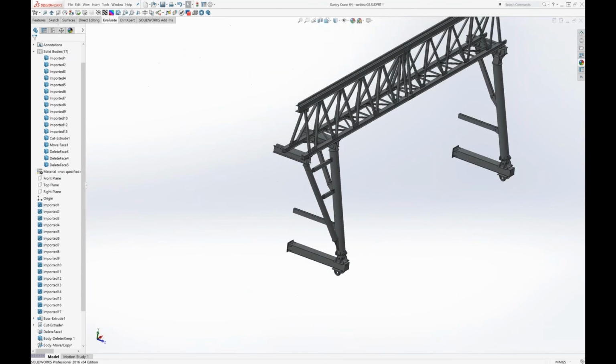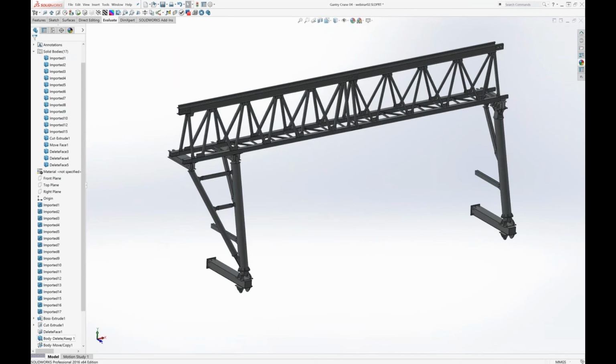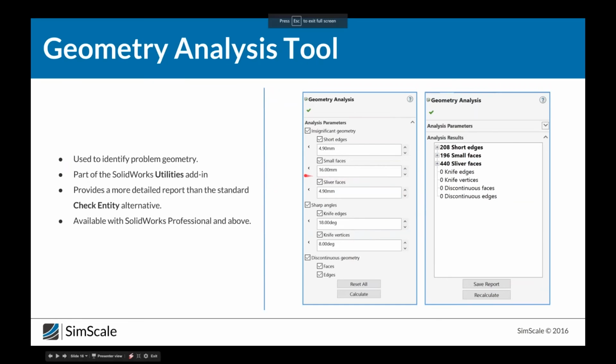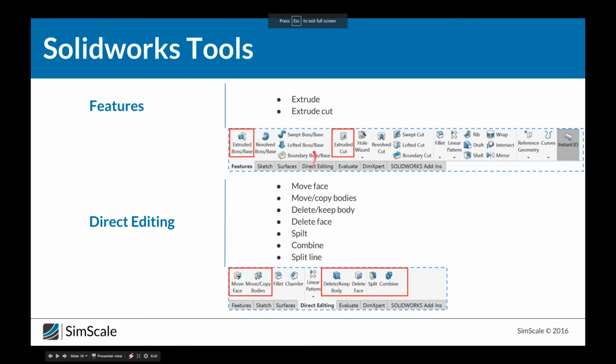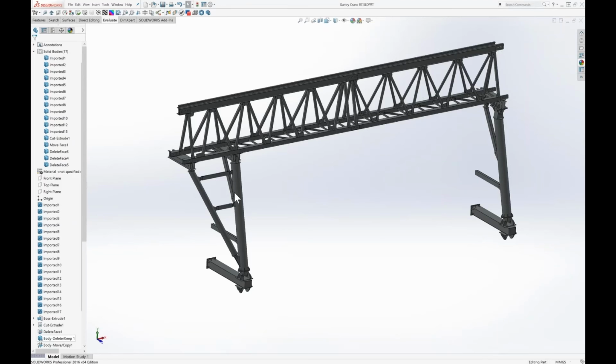Okay, I had some other features. So let me just switch back to the presentation. So these are the tools. Almost all of the geometry preparation I do uses just these tools highlighted in red. I wanted to demonstrate some other techniques, but I can see the time's getting away, so I'm going to move on. But if I just describe in words rather than doing it,